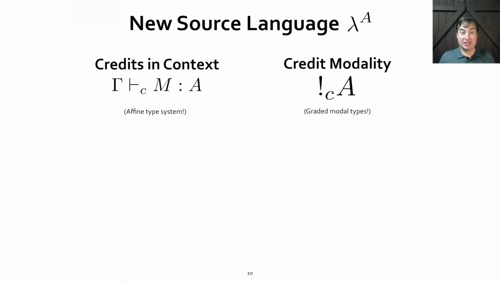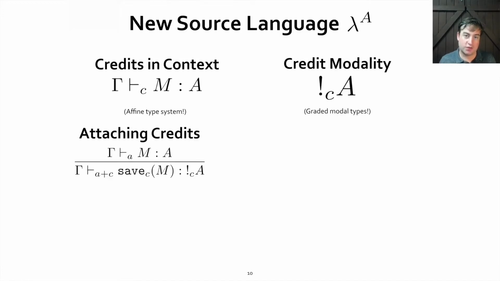So next, we need to be able to attach these credits to terms, like, say, the elements of a list. And to do this, we add a modality to the language. The terms of type bang C A are morally terms of type A that carry C extra credits. And the intro and elim rules for this modality are actually pretty intuitive. The intro rule says that if we have a term M of type A and we have C extra credits lying around, and we don't need to construct M,